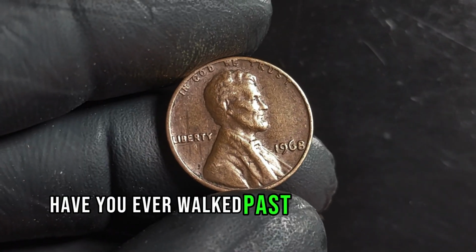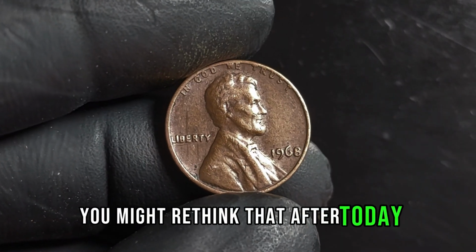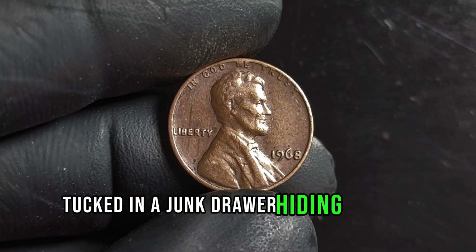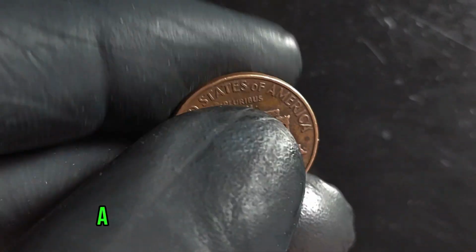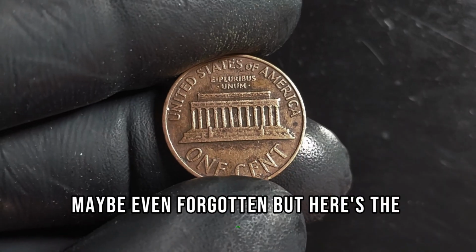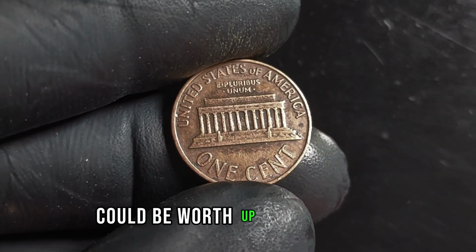Have you ever walked past a penny on the ground and didn't bother to pick it up? You might rethink that after today. Because somewhere in America right now, tucked in a junk drawer, hiding inside a mason jar, or resting quietly in an old coffee can in your garage, could be a single copper coin. A Lincoln penny. Dull, scratched, maybe even forgotten. But here's the twist. That 1 cent piece, if it's the right one, could be worth up to